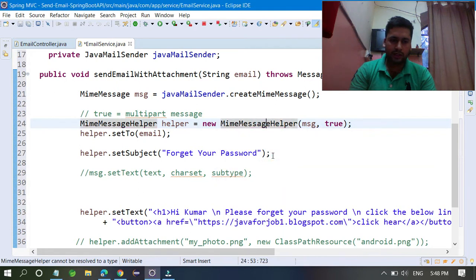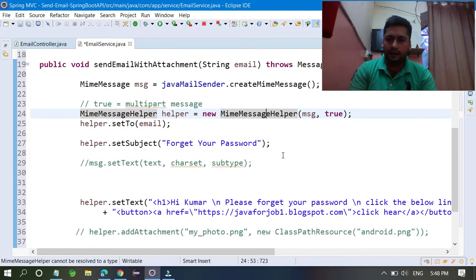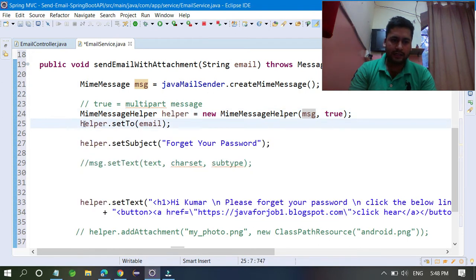Just import this one also, and whenever your message is created, the MimeMessageHelper object is ready, through this helper you can send the emails. So I have entered helper.setTo, and this is the email given by Postman or users, whenever you call this method.